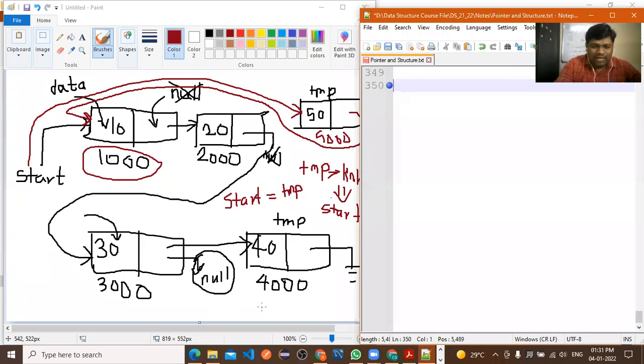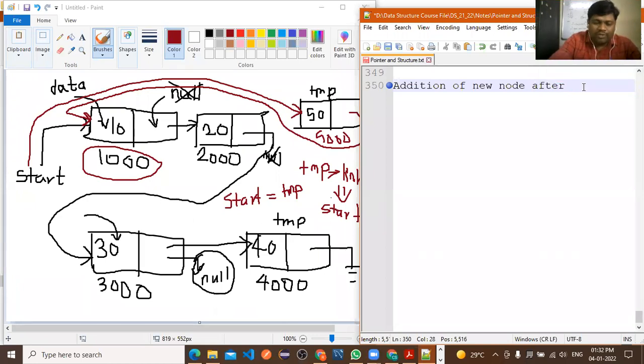Now, I will write the name: addition of a new node at any specific position or after any position.